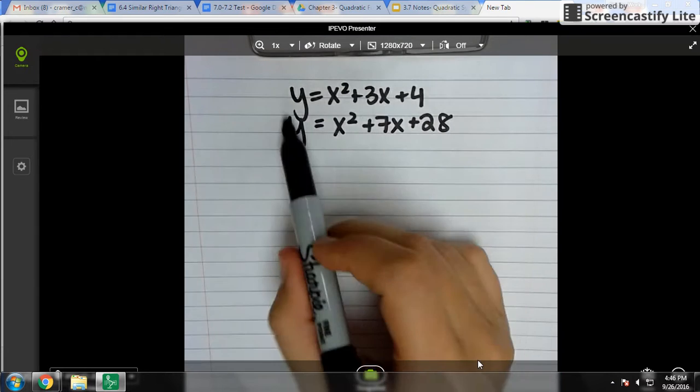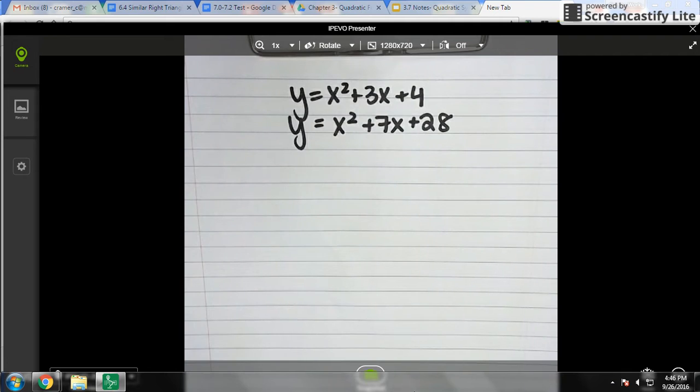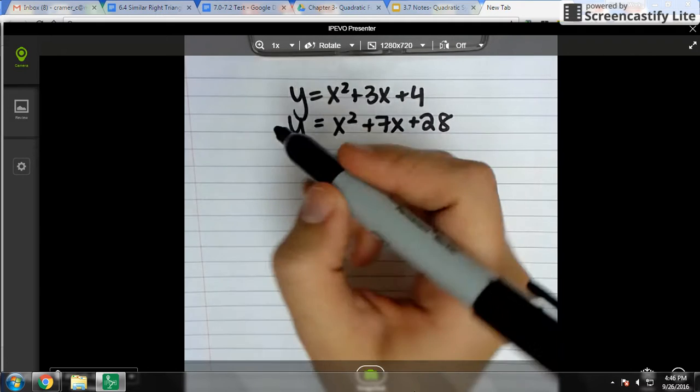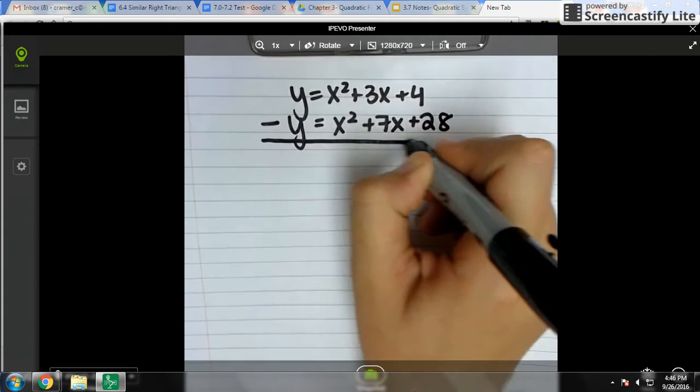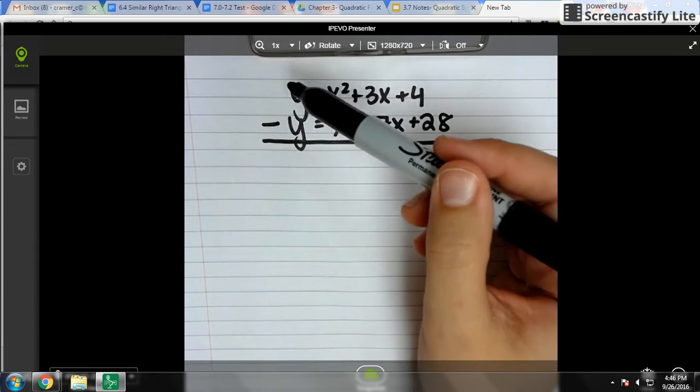All right, so if we don't want to solve this by graphing, there's another way to solve that. And those two ways are called substitution and elimination. First, we're going to do elimination, which is basically making it a giant subtraction problem so that you can eliminate